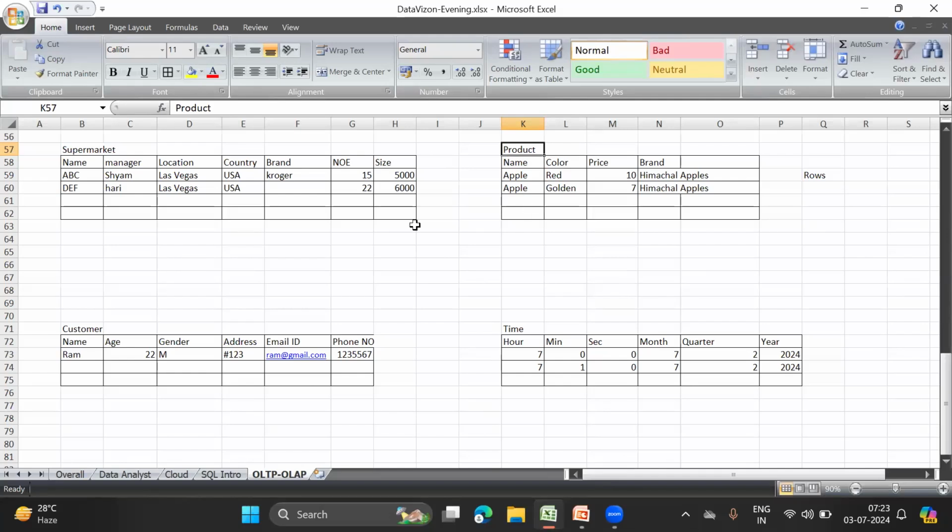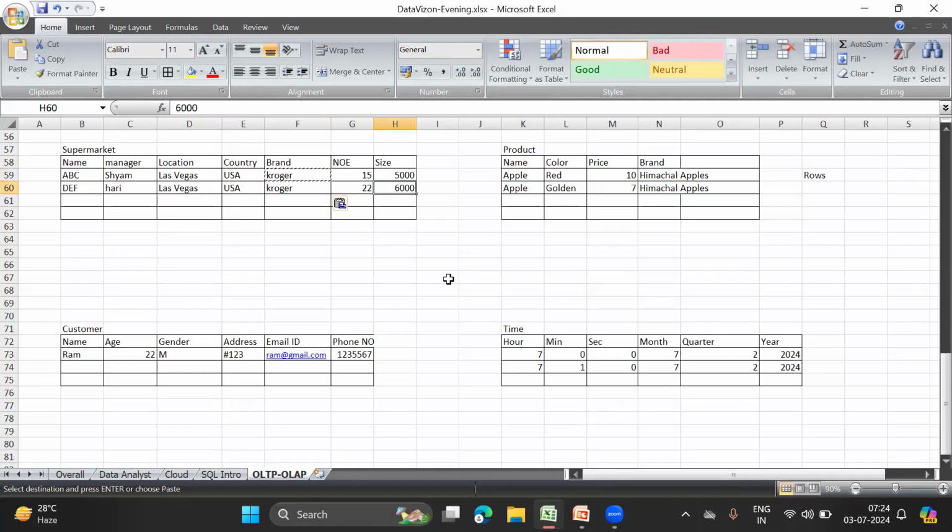Okay. Now, over here, there is one problem. Let us look at the different problems and overcome them one by one. Right now, I am not able to identify the supermarket on its own. I have two stores in the same location, in the same country, and for example, let's say they belong to the same brand, right?